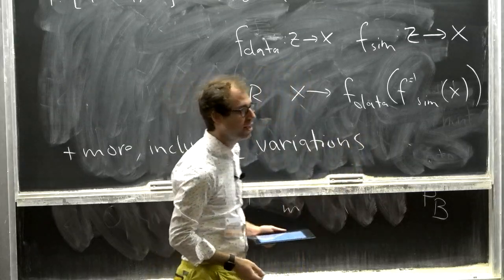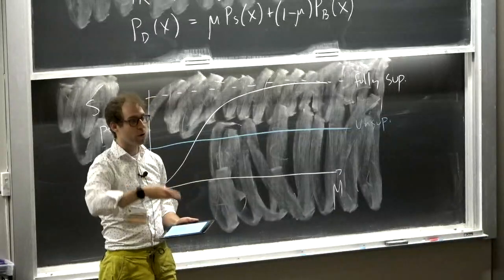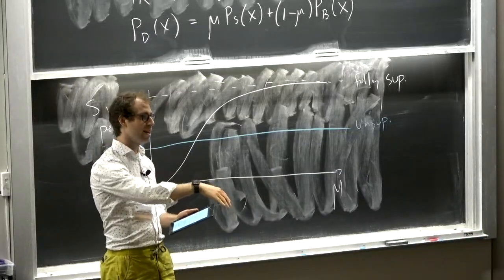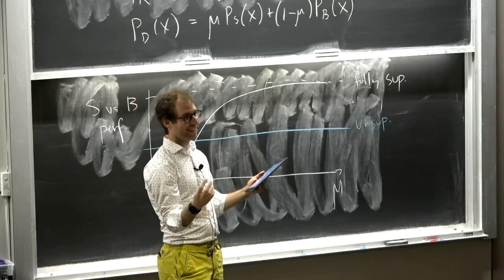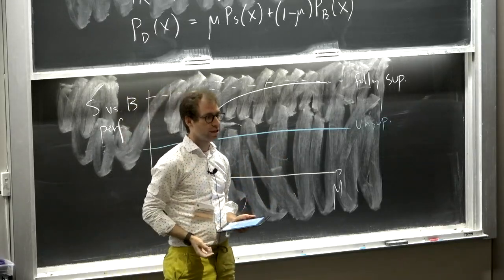Okay, yeah. For this to work, do you have to play some tricks to get the region of the z's for f sim corresponding to x to be similar? I just don't see a priori any reason why the z of f sim would be related to the z of f data. Yeah, and the reason they're the same is because the base distribution is the same. So say I'm mapping a standard Gaussian to my data. Both normalizing flows are mapping to a standard Gaussian. So once you map to a standard Gaussian, it's a standard Gaussian. And then you can map back to anything else to get whatever your favorite distribution is.